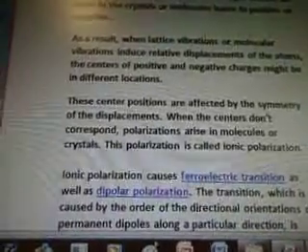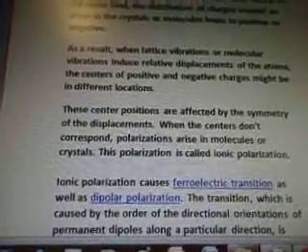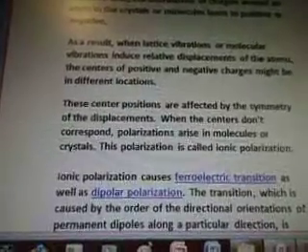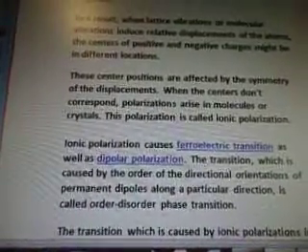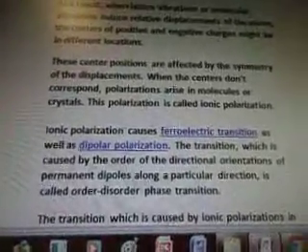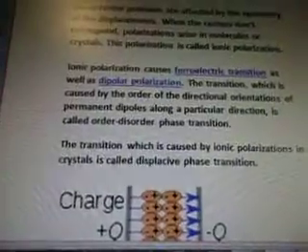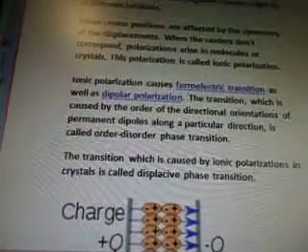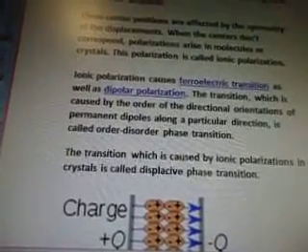These center positions are affected by the symmetry of the displacements. When the centers don't correspond, polarization arises in molecules or crystals. This polarization is called ionic polarization. Ionic polarization causes ferroelectric transition as well as dipolar